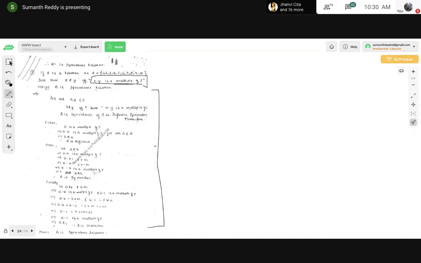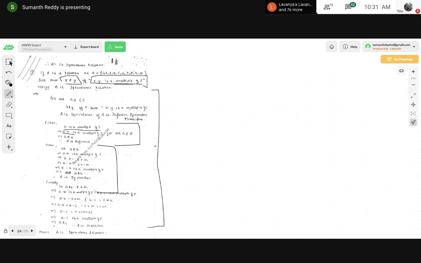So proceeding in this way, this problem, as I have told you, is similar to the first one. First I will write 0 is a multiple of 5. Yes, 0 is a multiple of all the numbers, and hence 0 is a multiple of 5 too. So this 0 can be written as a minus a. That is true. So if a minus a is a multiple of 5, then I can write that a is related to a, because he has told that if x minus y is a multiple of 5, then x is related to y. So based on this condition, whatever he has given, if a minus a is a multiple of 5, I can write a is related to a. Therefore I can conclude that this relation is reflexive.